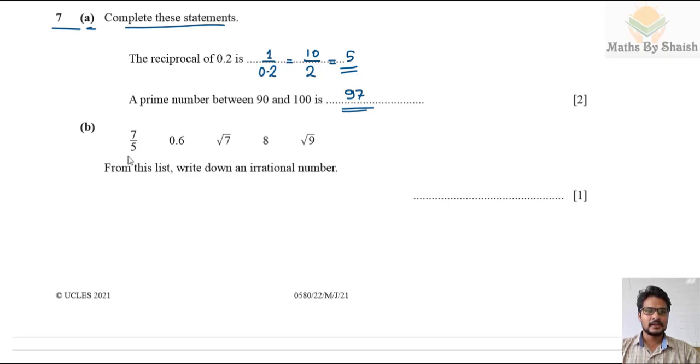And the B part: 7 by 5, 0.6, root 7, 8, and root 9. From this list, write down an irrational number. An irrational number is one which cannot be written in the p by q form. We can see 7 by 5 is a terminating decimal. 0.6 is also a terminating decimal. This is going to be an integer. This is also going to be an integer. So the only number left is root 7, and hence root 7 is